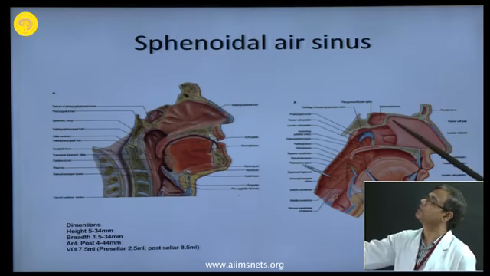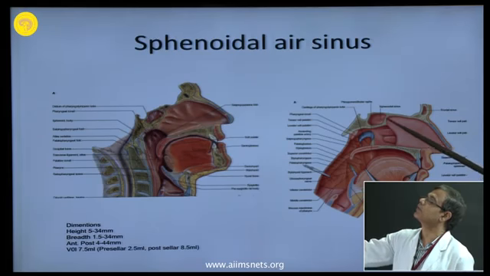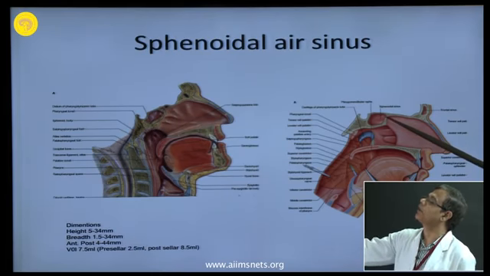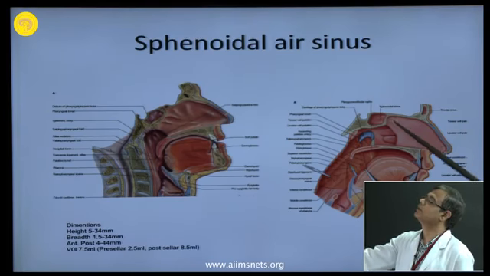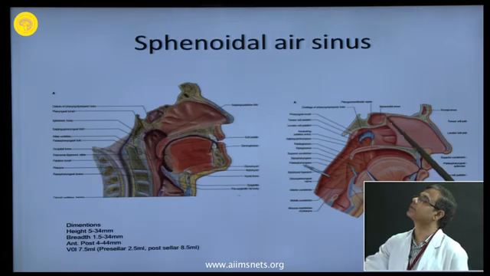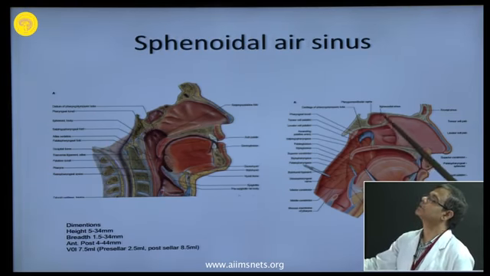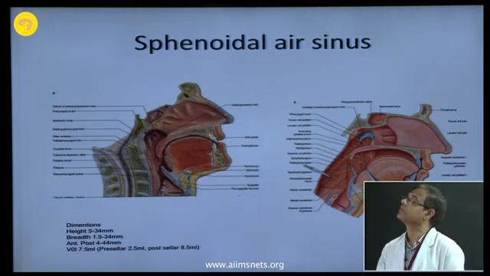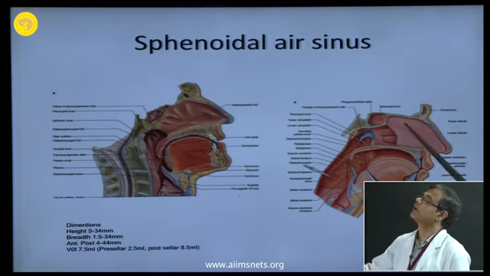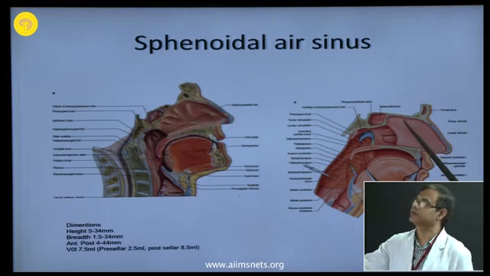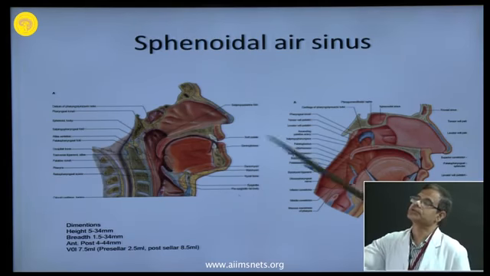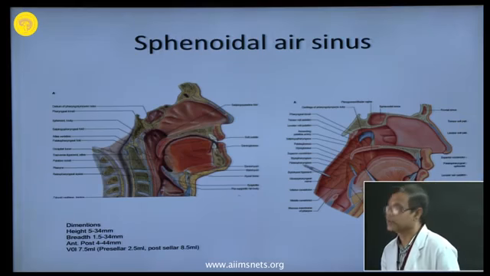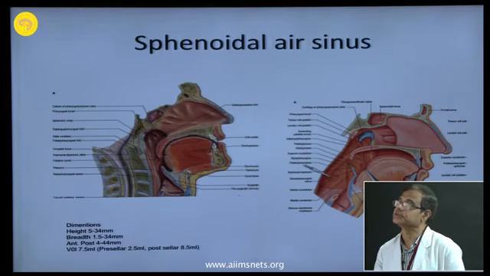So, when you are entering into the nasal cavity, you are going to enter through the sphenoidal ostium, you are going to break the anterior wall, you are going to break some of the nasal septum, and you will enter it. So, relations of the sphenoidal air sinus are very important, and if you move your endoscope slightly anteriorly, you will break the roof of the nasal cavity, or if you go more posteriorly, you can see the eustachian tube opening here. So, please remember the relations of the eustachian tube here.